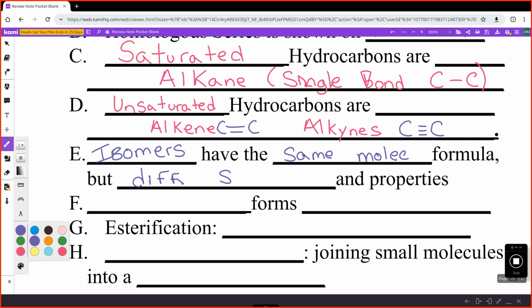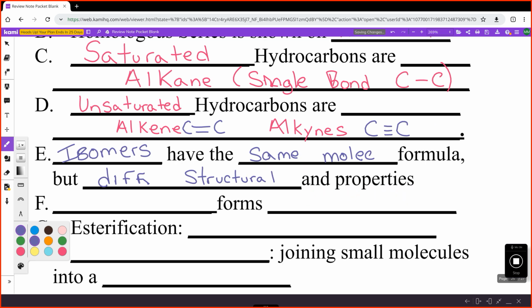And because they have different structural formulas, they're going to have different properties. I'll draw you an example of a very simple isomer here on the right side. Lots of people might think that a compound like this